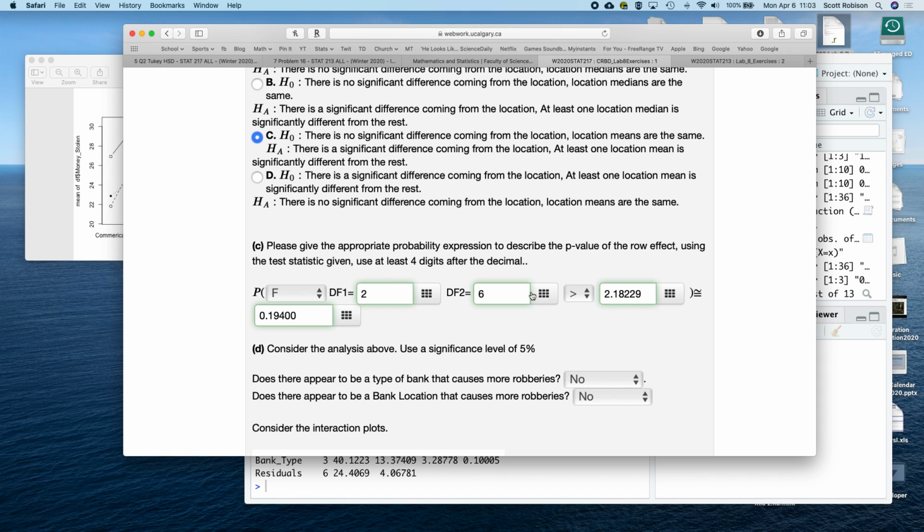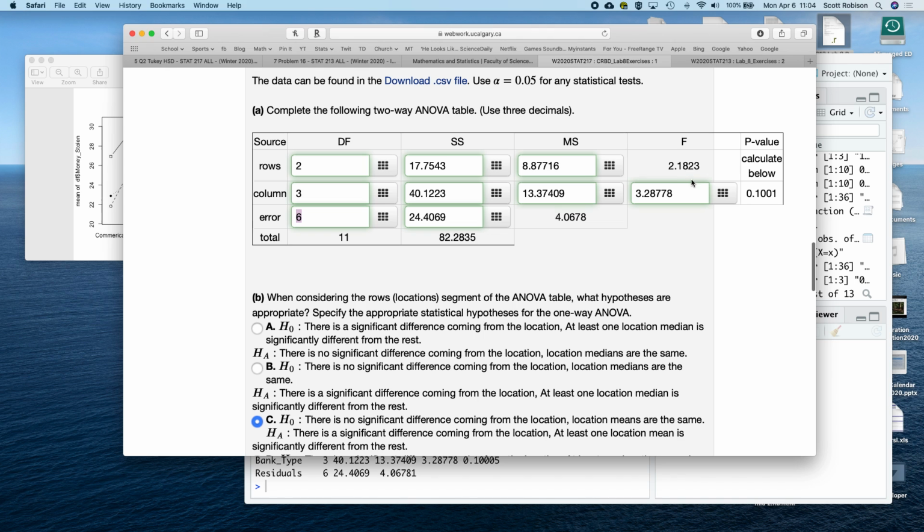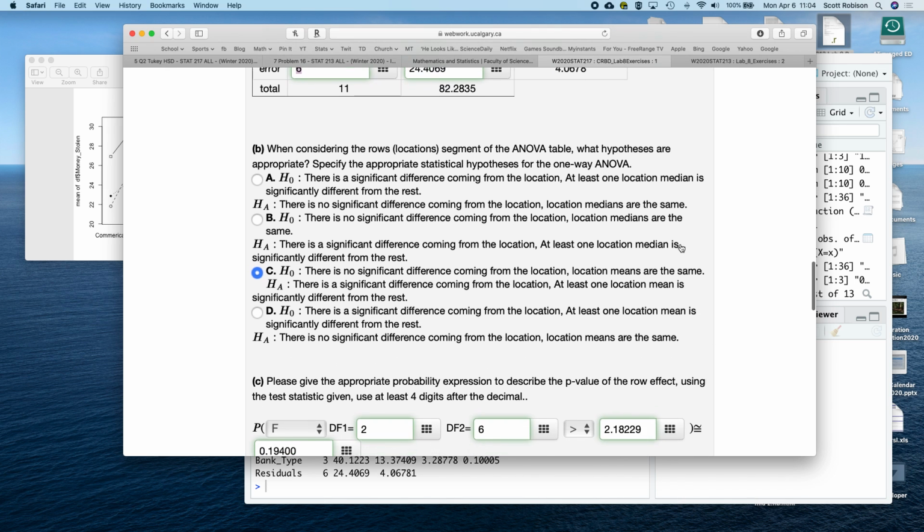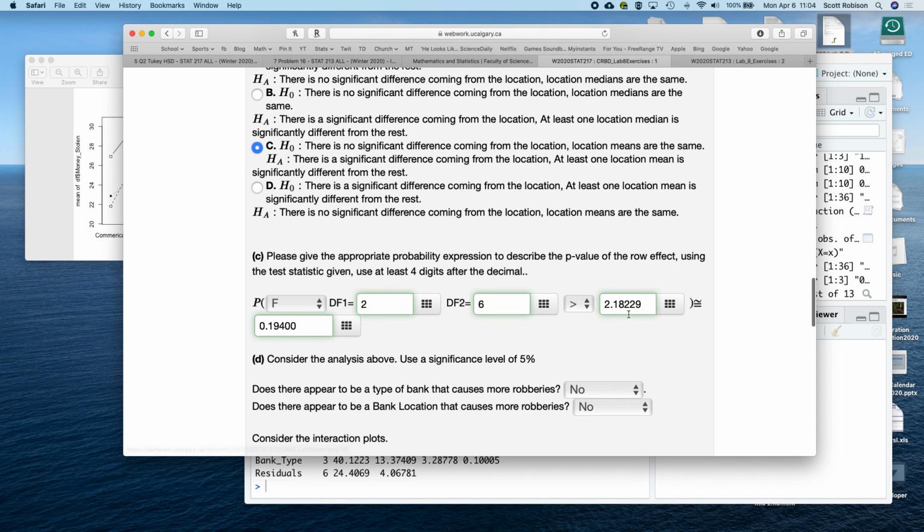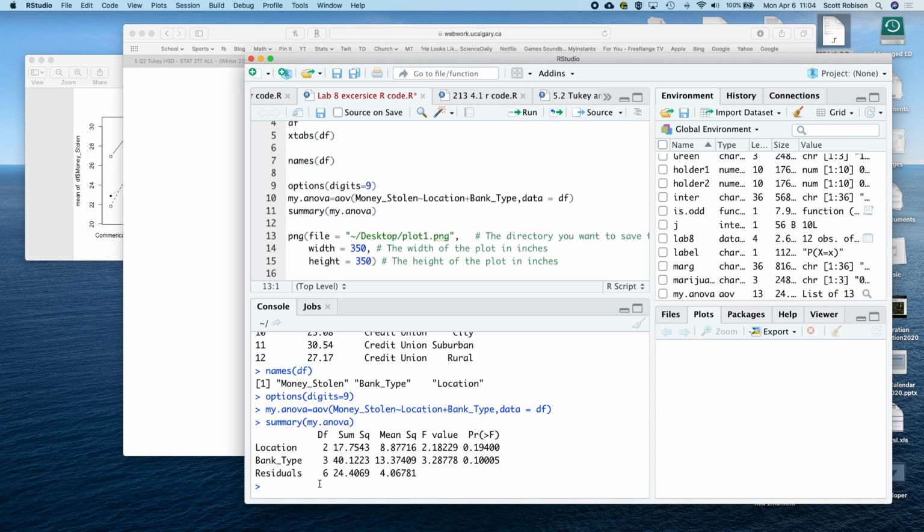All ANOVA tests are upper-tailed, so you can use the greater than sign. And then we can put in what the test statistic is. So I could put in the test statistic, and then here, finding out what that p-value is. I could do that in R just by saying I'm going to find the upper tail of